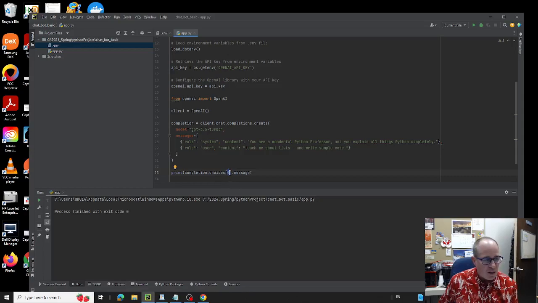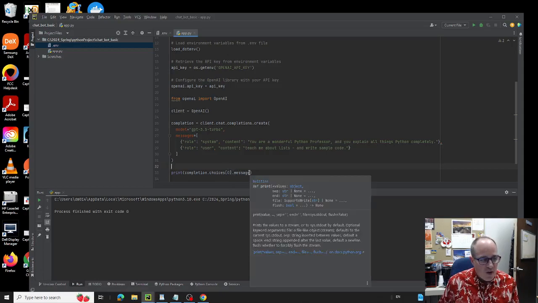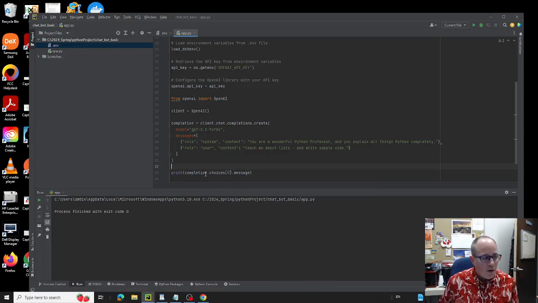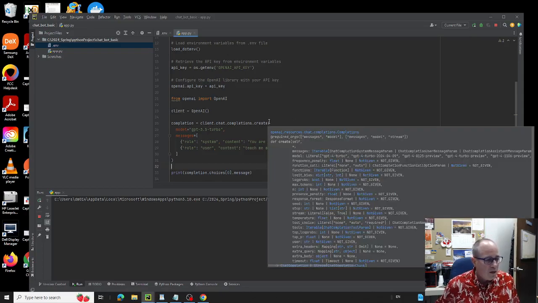This is actually a Python list here, and it's saying apply the message method to this first response. That's what this is saying. So what this should do is this should output something, right? So let's run this, and